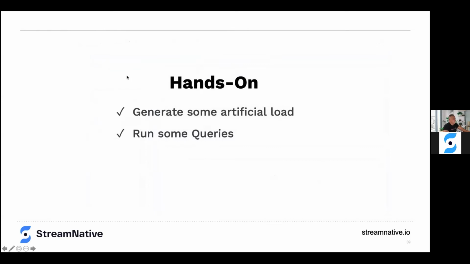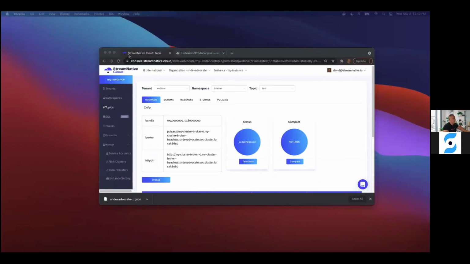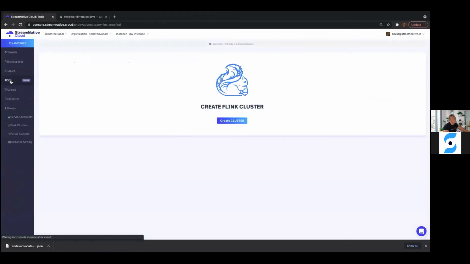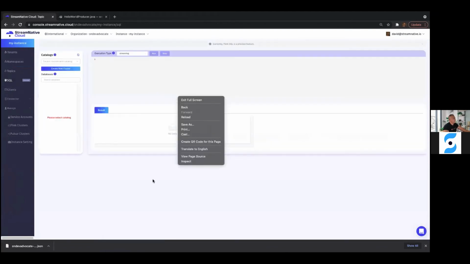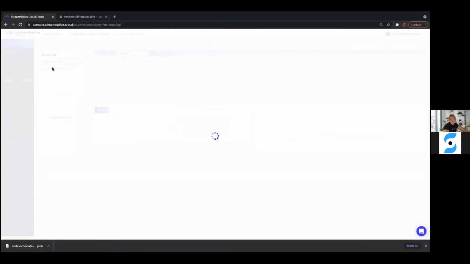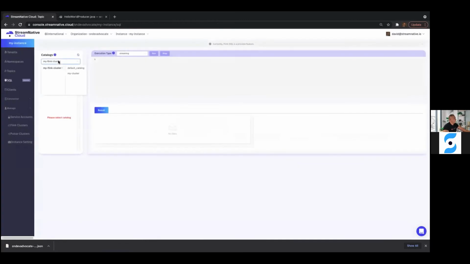So let's go ahead and do this hands-on exercise. I've been generating some artificial load, and hopefully let's run some queries and hope that part of the exercise is at least working for us. So let's go back here. I should already have a cluster. There we go. So we'll go ahead and my Flink cluster that I created will be available, and my cluster is the catalog. As you can see, I have this webinar